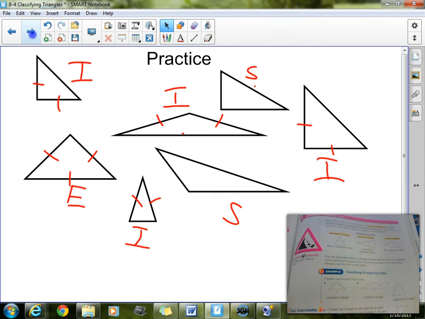Now, tomorrow in class, we're actually going to be learning how we can combine the classification of the angles with the classifications of the sides. So that's what we're going to focus on in class tomorrow. But I just want to make sure you understood this right here. Now there are some great practice questions in the book, and I would definitely encourage you to check those out. I feel the ones that we've done in this video should be the most helpful